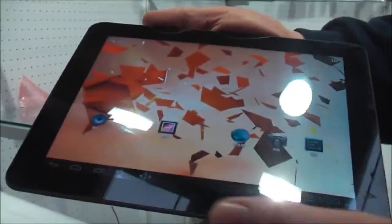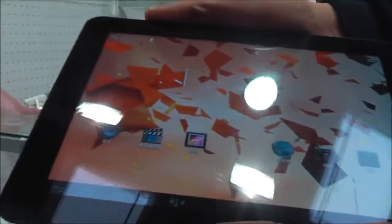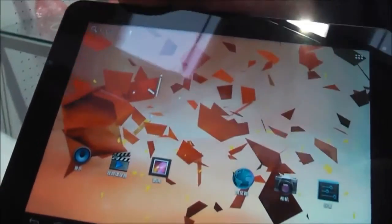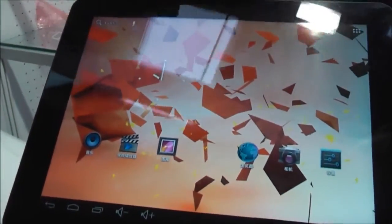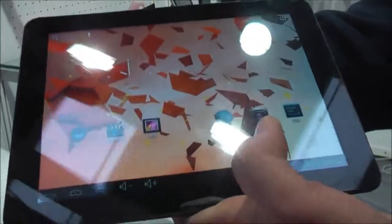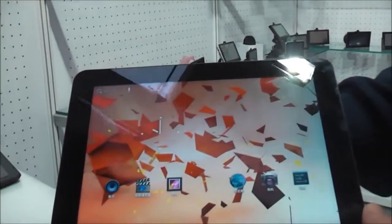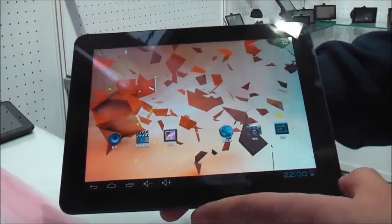What they said is they're still working on it. I don't know if you can see that, but if I press the back of it, the screen starts blurring down here because the back cover isn't really strong. So they promised us they would put in a metal back, or a stronger back at least, to make it work. So that's the Boxchip, that's the Viota M970 with a Boxchip A10 single core 1.5 gigahertz processor